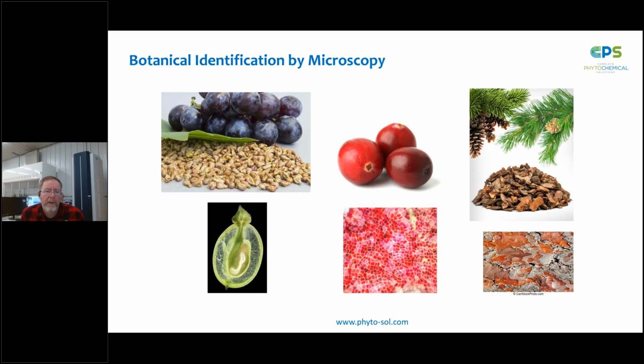As many of you can see from this image, it's pretty easy to tell the difference between a cranberry and a grape or a grape seed or even pine bark. And all of these are used in natural product formulations. And if you took a slice of these and put them under a microscope, you could see that there's unique botanical structures that can be identified. So it's relatively easy for the naked eye or with the assistance of microscopy to identify an intact fruit or